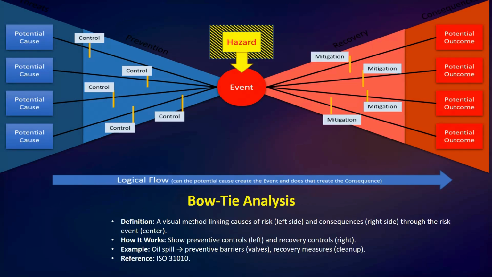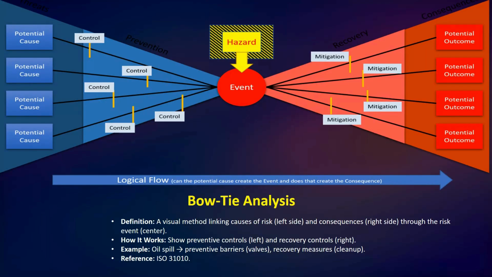Okay, so after that we have here bow tie analysis. Actually, this is a simple but powerful visual tool. It looks like a bow tie. The central knot you can see here, here we have the hazard. Okay, you can see here the central event hazard. Okay, that central node is the main risk event,